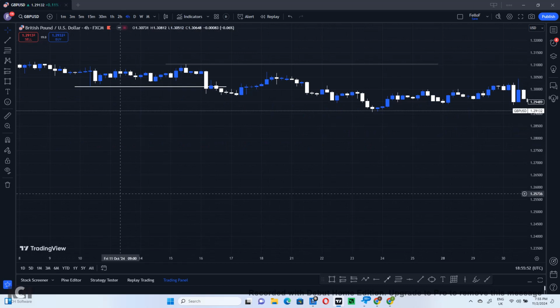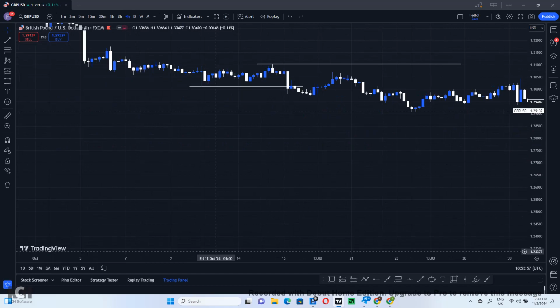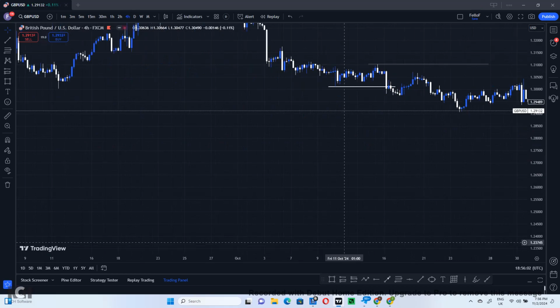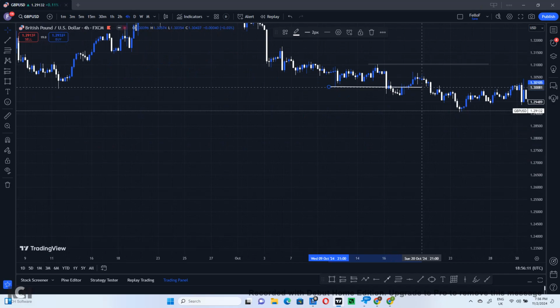What we are looking for at this point is if what we have here is valid. Now that we've drawn this line and this box,